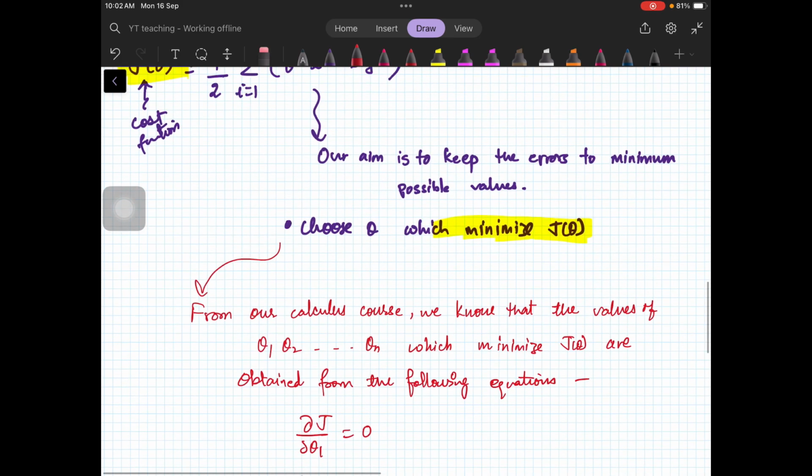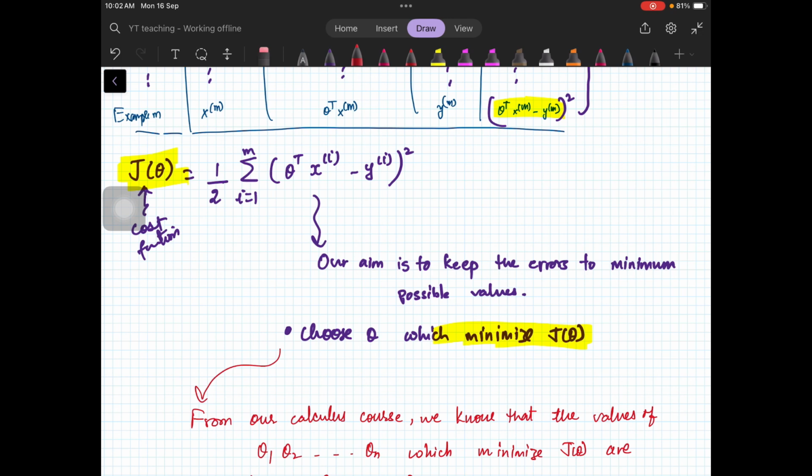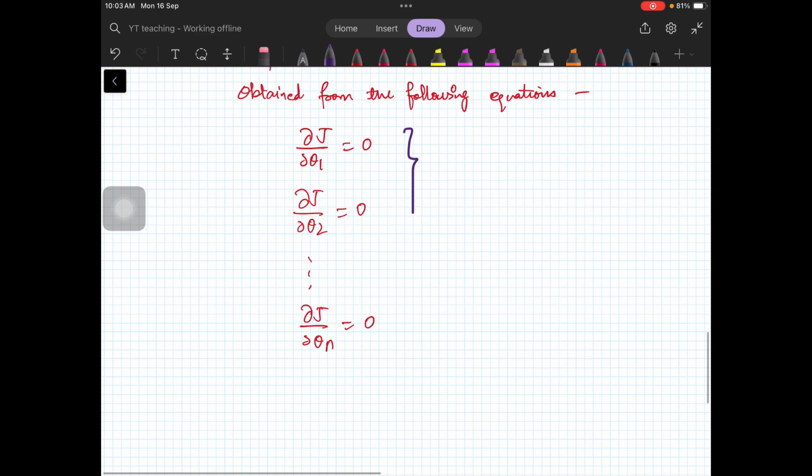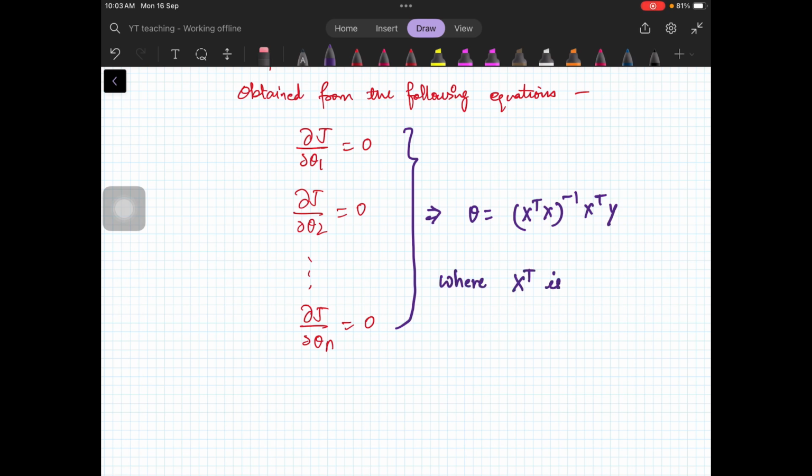We can do that. Now, if you look at these quantities, there are matrices involved, right? You can see that this is a vector. This is also a vector, right? If I try to differentiate it with respect to theta 1, theta 2, it is not that easy. But still, what we are going to get if we do so is that theta is (x transpose x) inverse x transpose y, where x transpose is a matrix